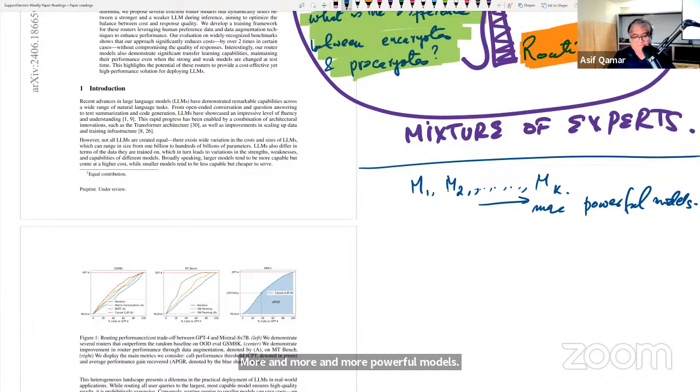Now, one way to think about it is that in the real world, the more powerful a model that you invoke, let's say you're using a service by calling Claude or Gemini or OpenAI, you're paying by the tokens, isn't it? Input token and output token. That is if you're using a cloud service. If you're using an in-house model,